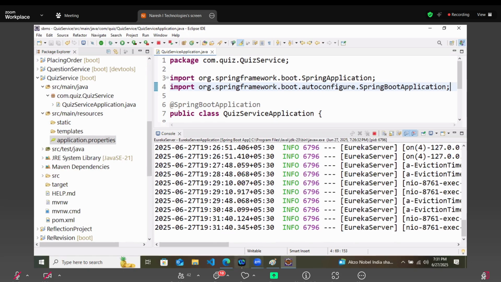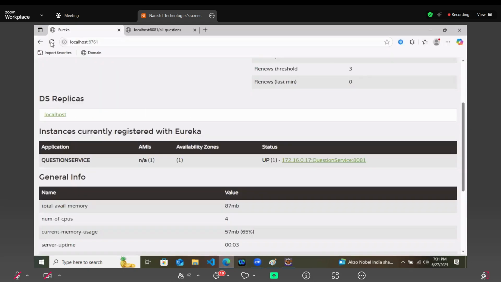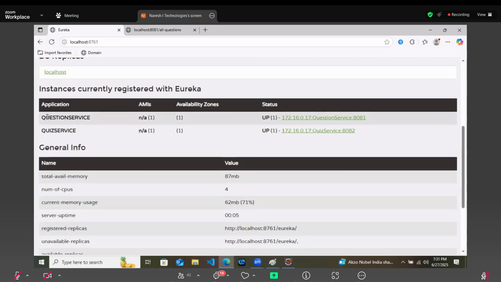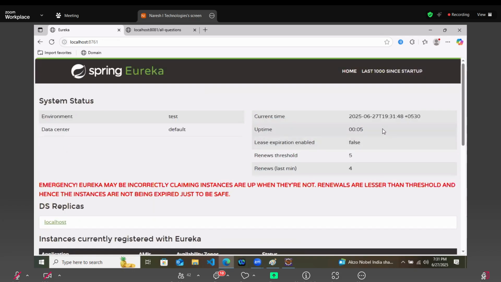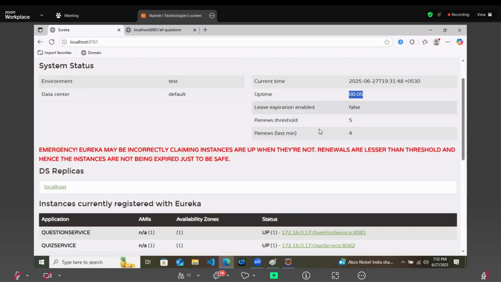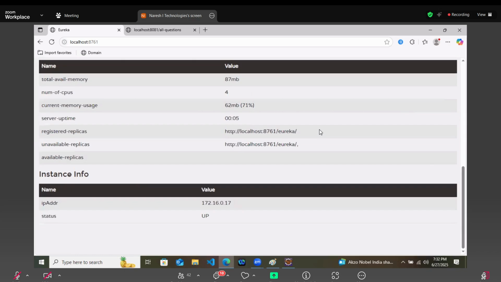And now our quiz service is also starting. We will refresh our cloud, and here we got question service is running on 8081 and the quiz service is running on 8082, and the uptime is from last 5 minutes our cloud is working. So like that, it is working currently.